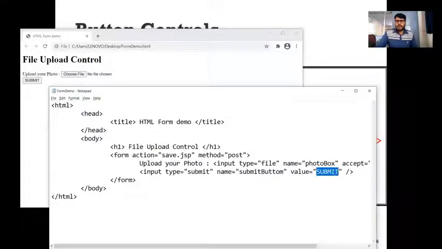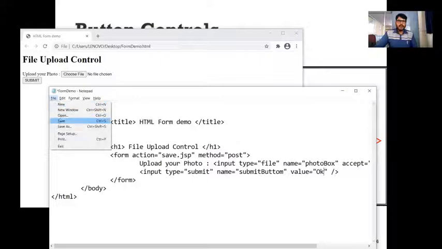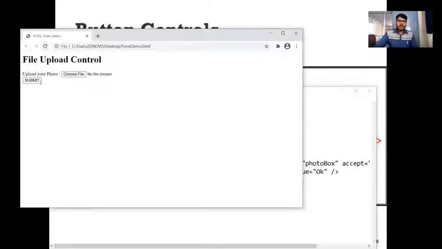So whatever value I specify here, it is going to appear on the button. Assume that instead of submit, I enter OK, then it will display OK. So now save this and reload this web page. You can observe here it has changed to OK.